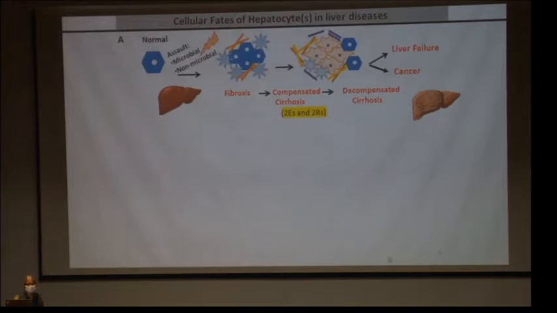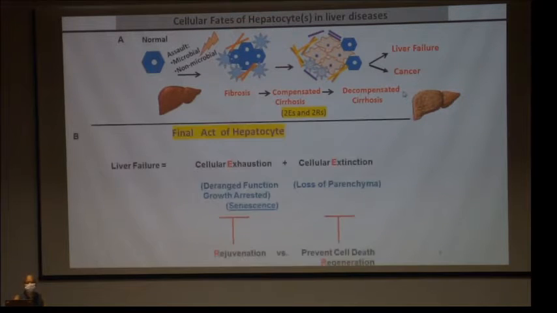So in one slide, I'd like to point out what the whole department is actually trying to achieve. As clinicians, you know much better. From an injury going up to the liver failure, there are many things happening, and we need to just remember 2 E's and 2 R's. So what are these 2 E's and R's? Especially, what I'm trying to talk about is hepatocentric, only the hepatocytes that I'm talking about.